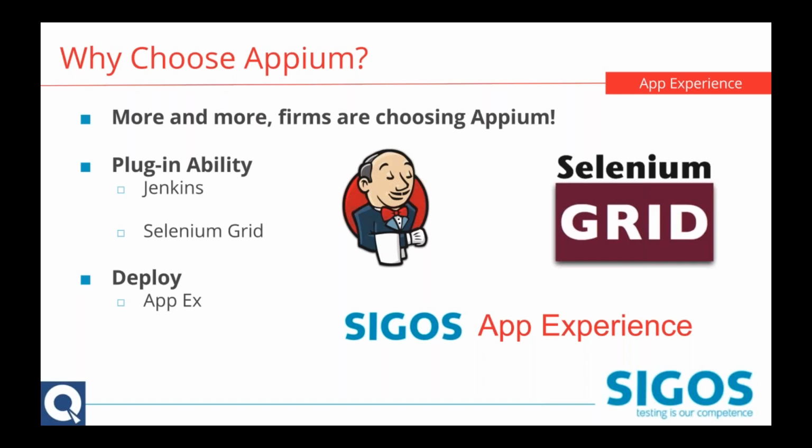If you're familiar with the Selenium grid, that's how we start doing parallel testing with Appium. Each node on the Selenium grid is responsible for its own Appium session, and we'll start talking about Appium sessions when we get into the examples.